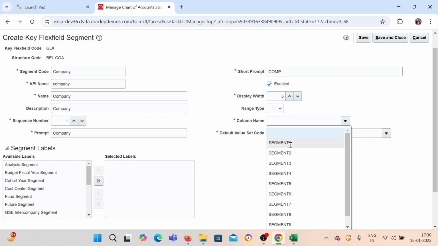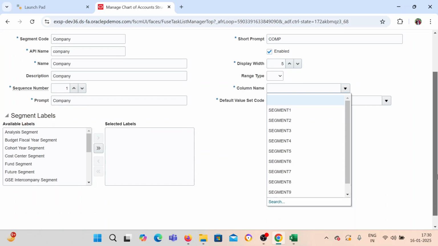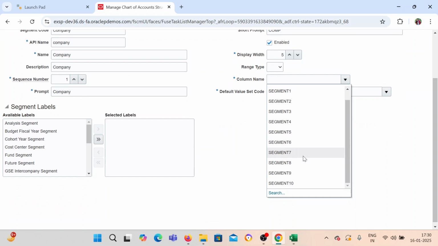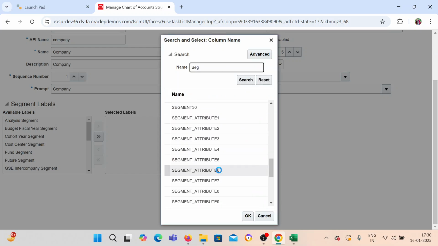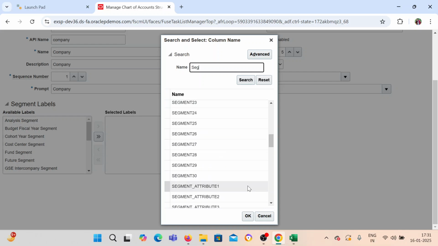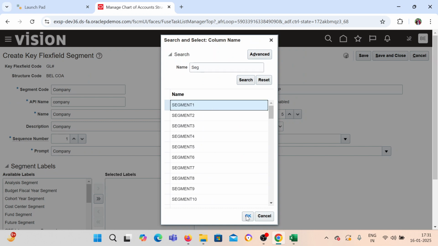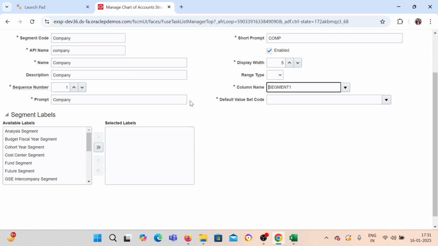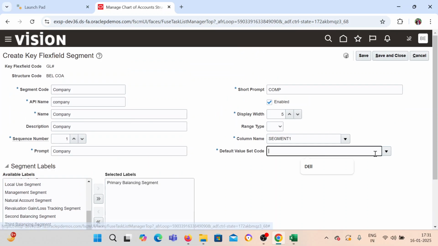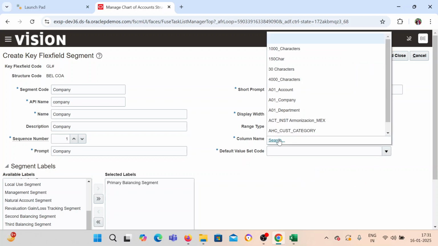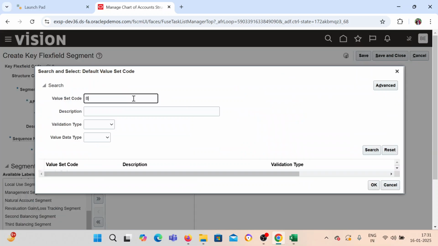Column name is segment name, and as I had already mentioned, we are able to create only up to 30 segments. So if you see over here, I believe you should see 30. Yeah, 30. This you can ignore. Click on segment number 1. This is segment number 1. And as I had already mentioned, we should assign the primary balancing segment to the company and a value set as well. The value set was Bell,